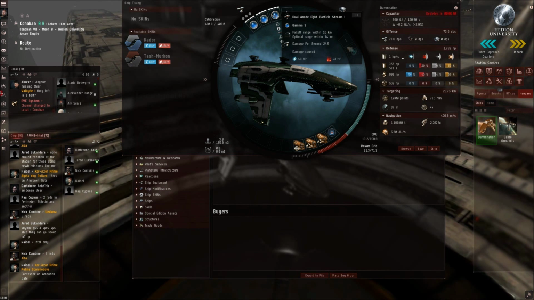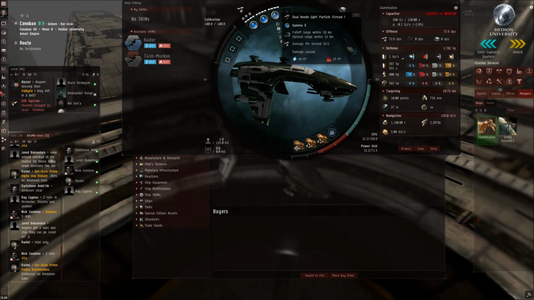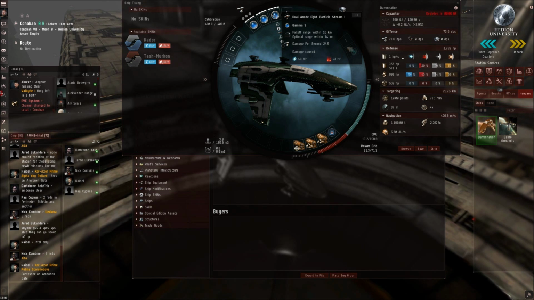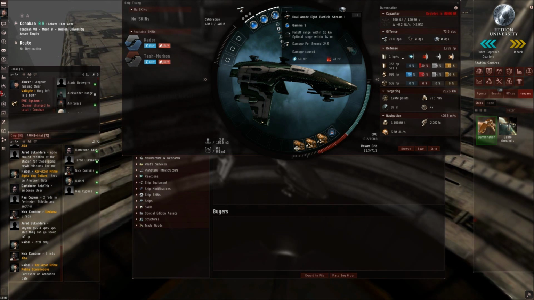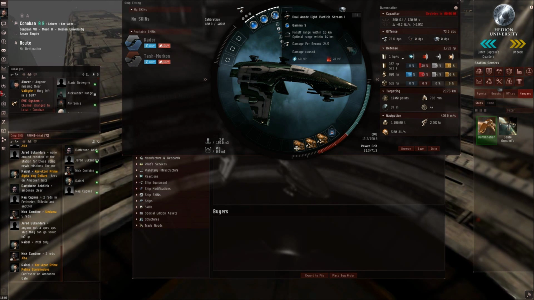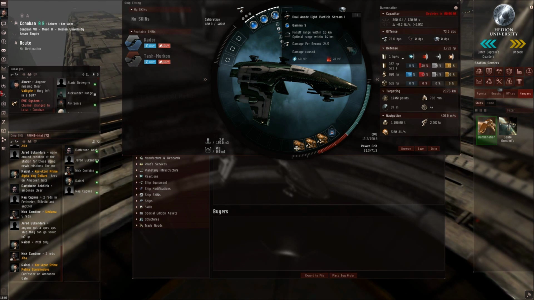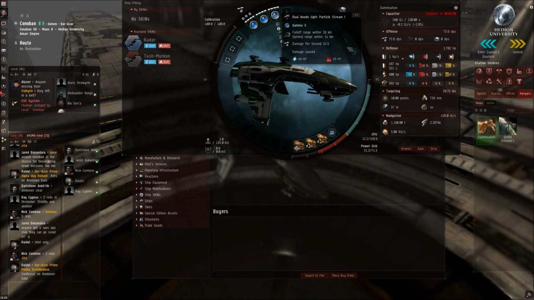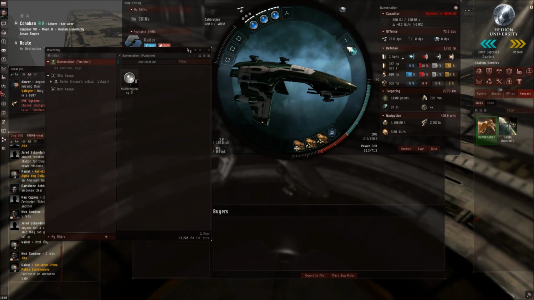Similar to how an AD carry in League of Legends or another MOBA would kite away. So you're doing the same thing to enemy ships. These ships have the trade-off of you're in a safer position because you're further away, but the trade-off is less damage. So you can see my damage per second here is 24.5 with the gamma, but if